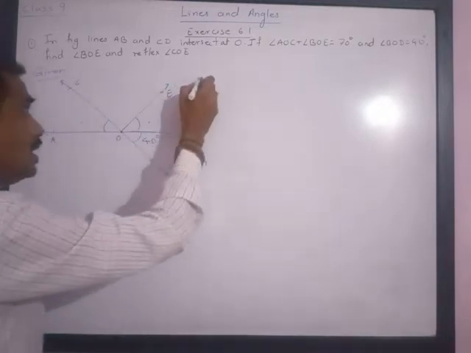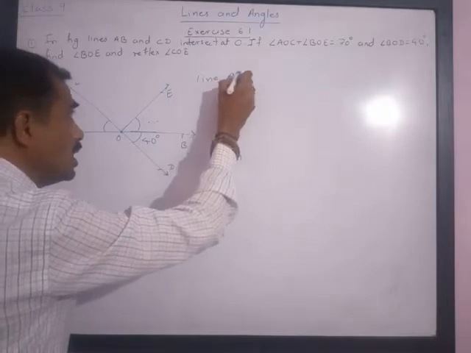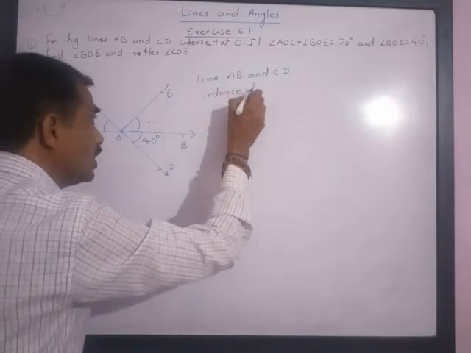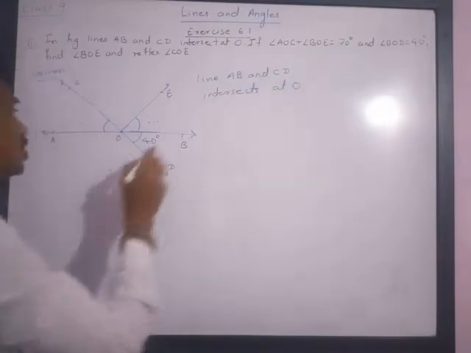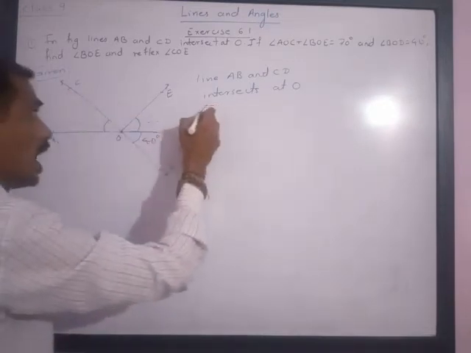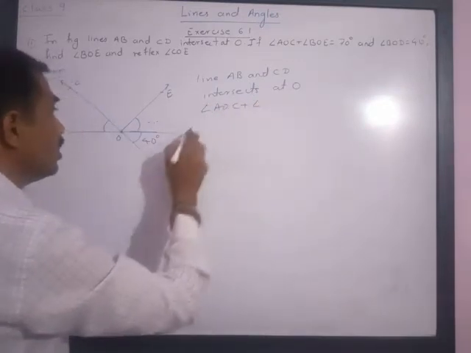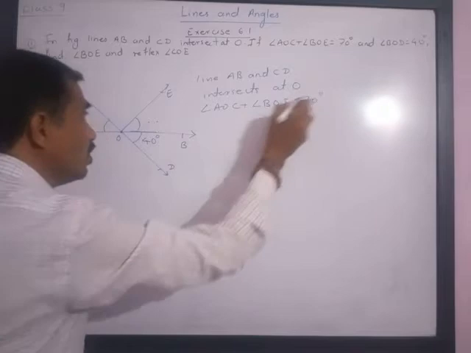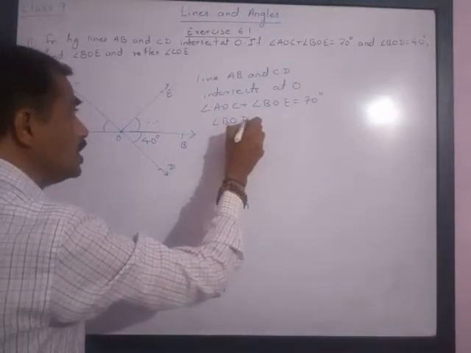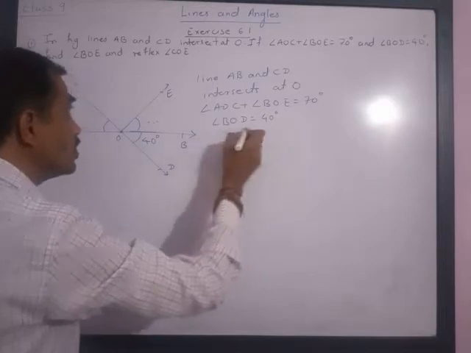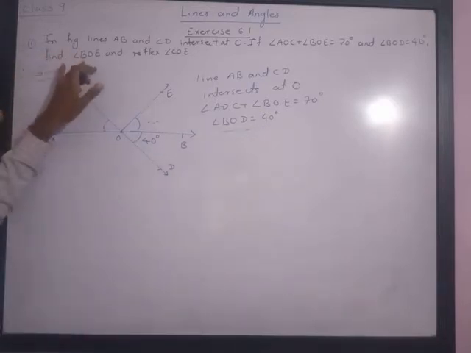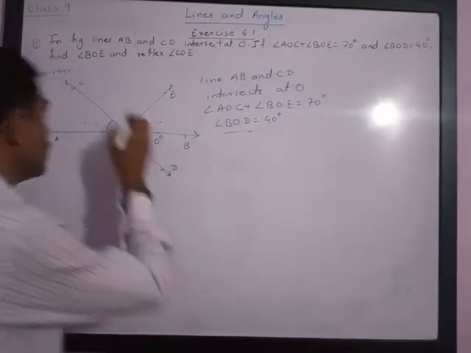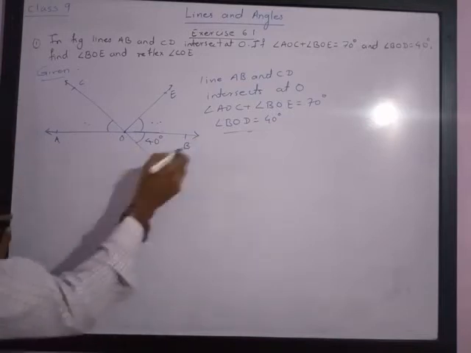We are given lines AB and CD intersect at O. We are also given that angle AOC plus angle BOE is equal to 70 degrees, and we are given angle BOD is equal to 40 degrees. This is what is given to us. We are asked to find the measure of angle BOE. Now let us try to find the solution of this. So the solution, or you can say the answer, is